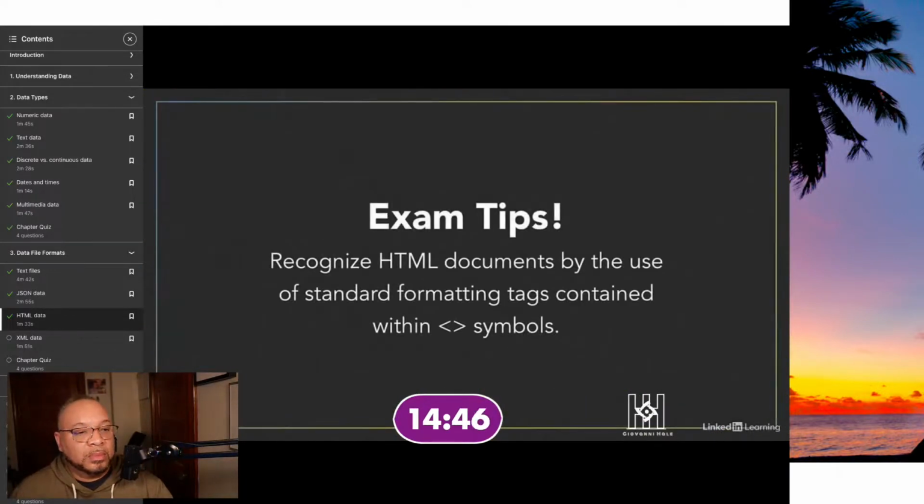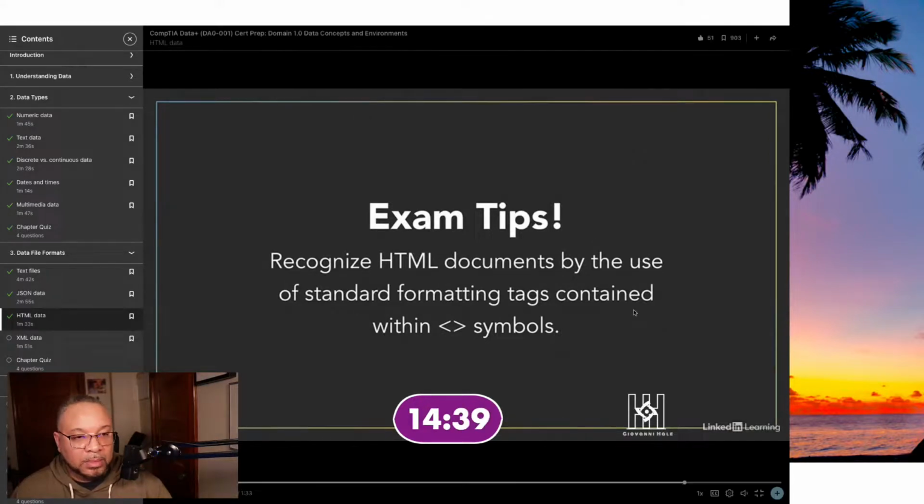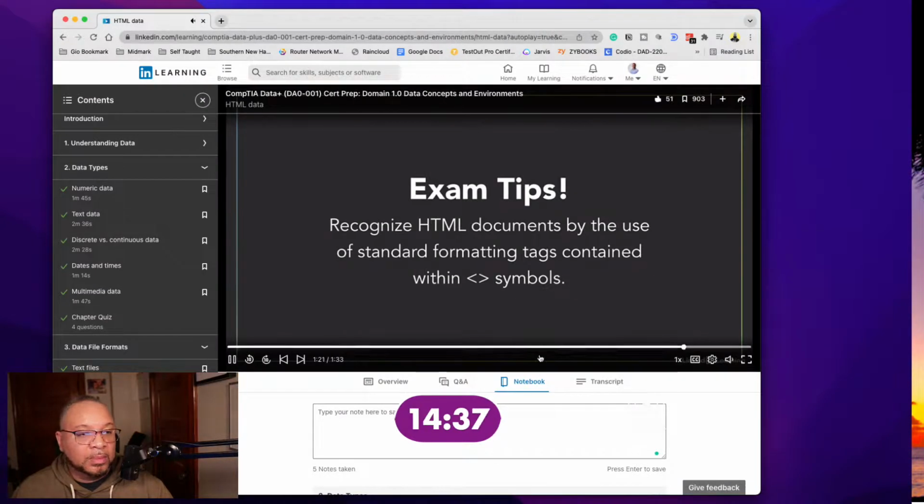Now, when you're taking the exam, you can easily recognize that a file contains HTML by the presence of standard formatting tags, such as the A tag for links, the B tag for bold text, the I tag for italicized text, and so on. These will always...